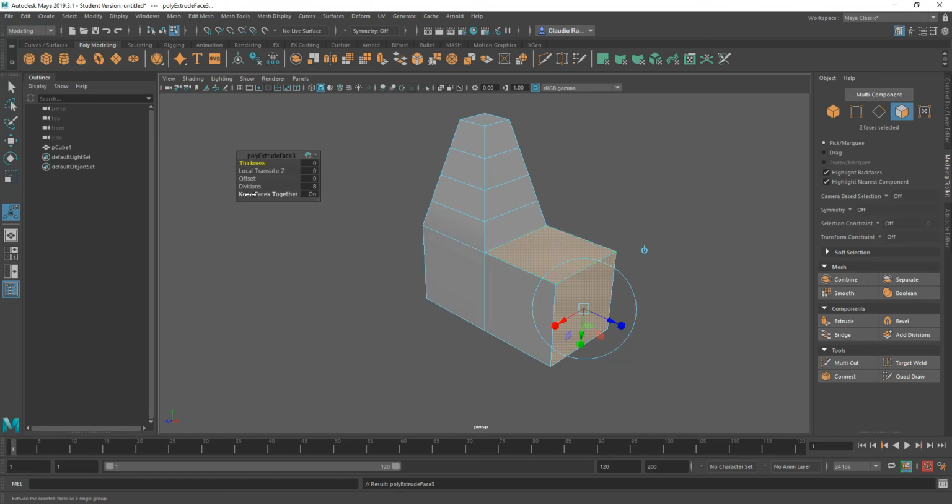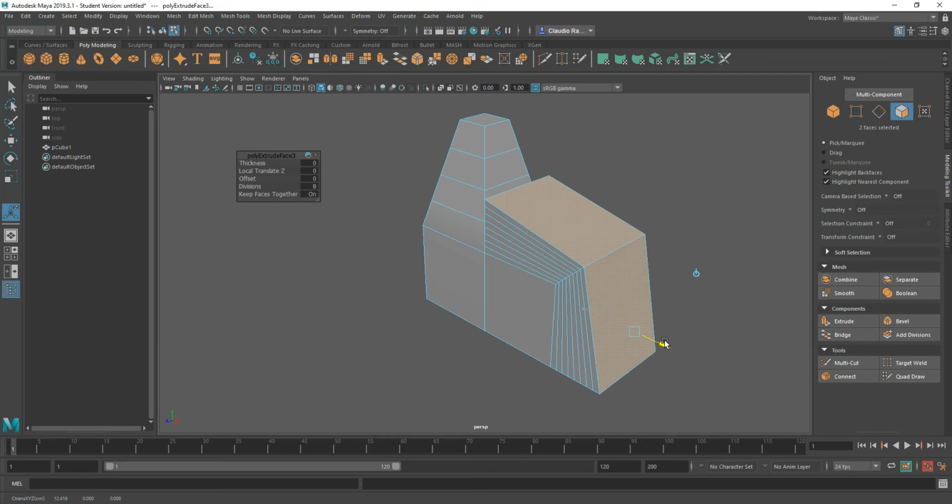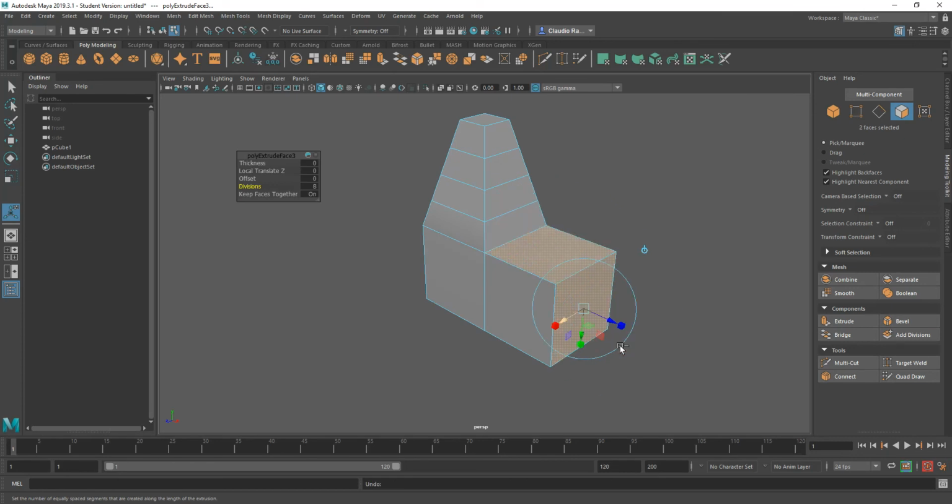So if I keep the Keep Faces Together option on, watch what happens when I extrude. Let me drag one of the arrows, and let me reduce my divisions to 1. You will notice that the two faces that I am creating are together. Basically, the entire geometry is being created from that corner. That might not necessarily be what you want. Let me change those divisions again to 1, and